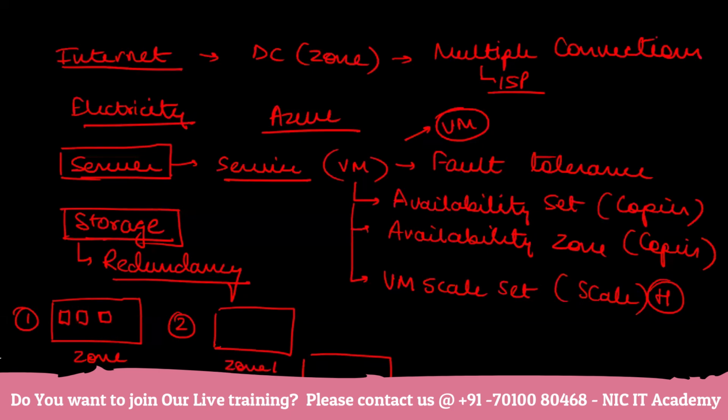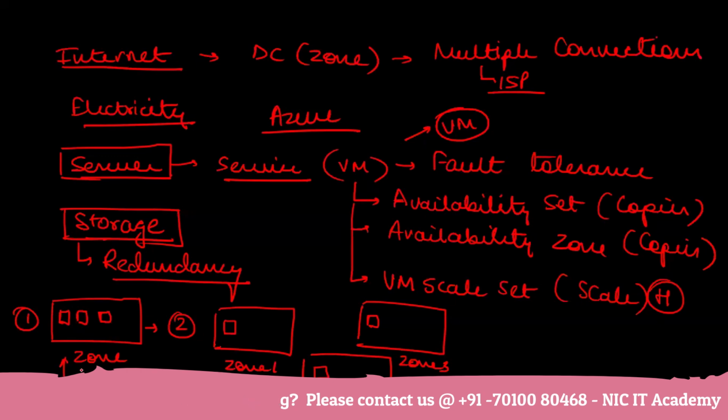So zone 1, zone 2, and let's say zone 3. One redundancy could be within the same zone, or there could be another form where I create one copy here, one copy here, and one copy here. Now you tell me, if I go from 1 to 2, am I increasing or decreasing the availability? Obviously, if I go from an option with a single zone and a single copy, and I move towards 3 copies, then I'm increasing it.